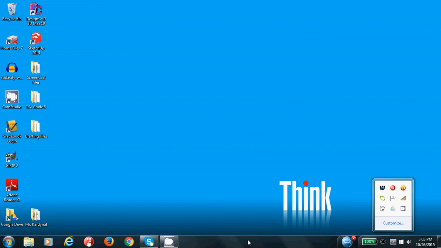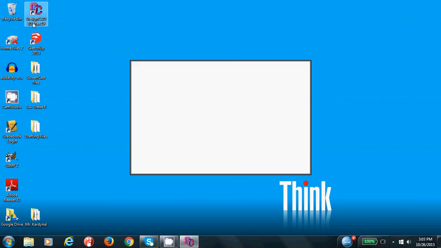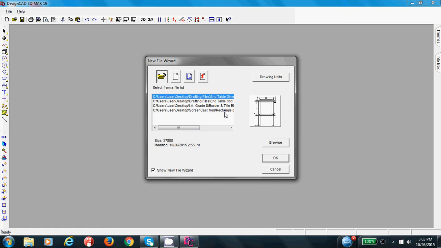In this next lesson, we're going to place a border and title block around your end table. Go ahead, open up DesignCAD, locate your end table drawing that is dimensioned. If you haven't dimensioned or drawn your end table, please refer to the previous lessons on drawing and dimensioning an end table. You can browse,